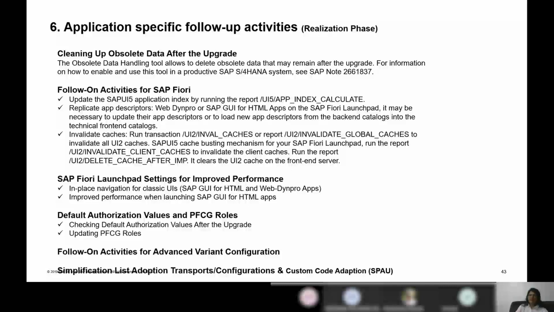Apart from this, you may want to continue with SPAU and SPDD. If the code changes are not very critical, you can take them later on as well. The system will allow you 14 days to complete your SPDD changes. It is basically if you have done any repository changes, the system will allow you to make changes for 14 days. If you lapse on 14 days, probably you'll have to create a developer key for that particular object.